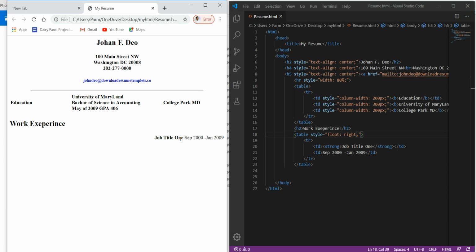Now here we need to have the space between the columns again. So same thing I'm just going to use as we have done in this case.